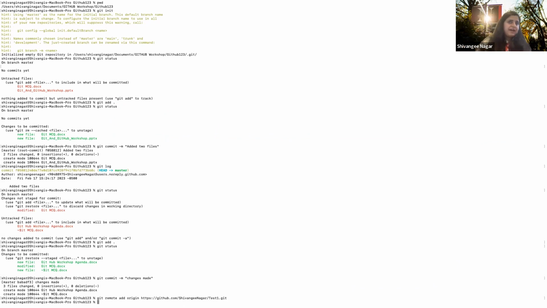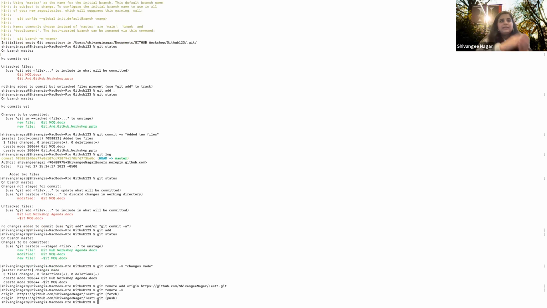I want to verify if whatever repository I try to connect to my local is connected or not. So I do git remote -v. And it tells me that, yeah, this is the test1.git that you've connected.